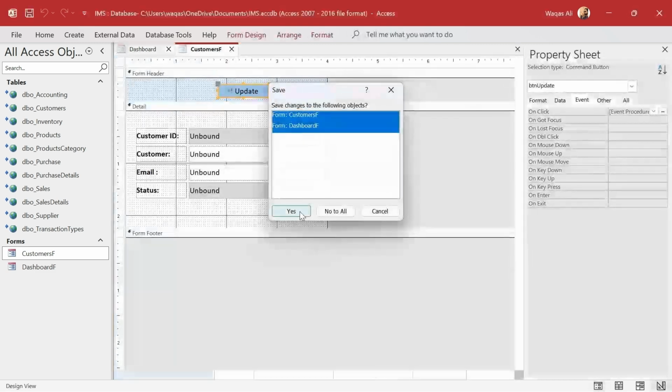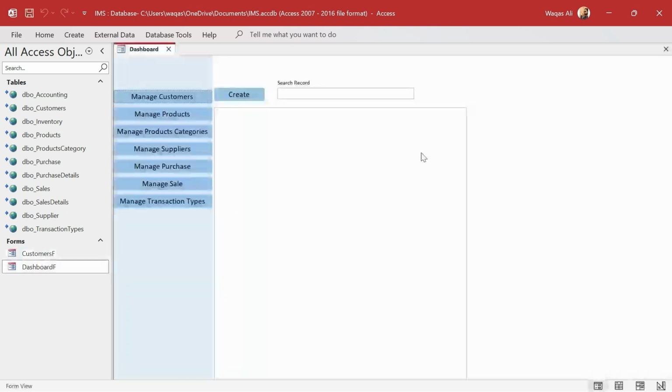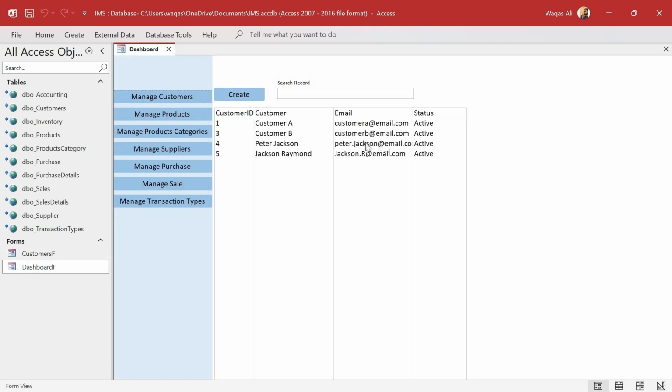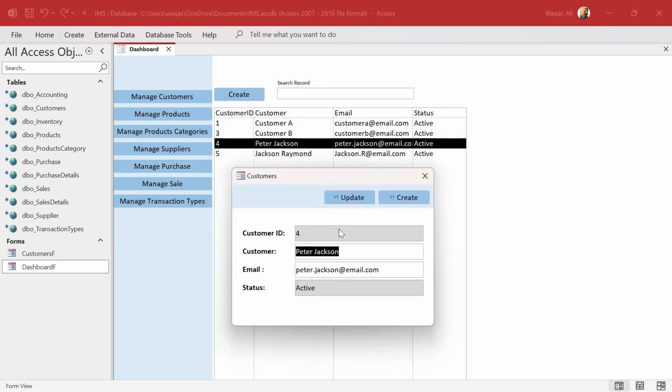So I'll close it. Yes. All right. And I'll close this again. I'll open it. This time we should have the actual email address, which is peter.jackson, which is in the database. So I'll double click here. Now you see it is showing peter.jackson. So remember, we have done that one line of code to update the list box the moment we update the record here. So we'll go back to peter.jackson